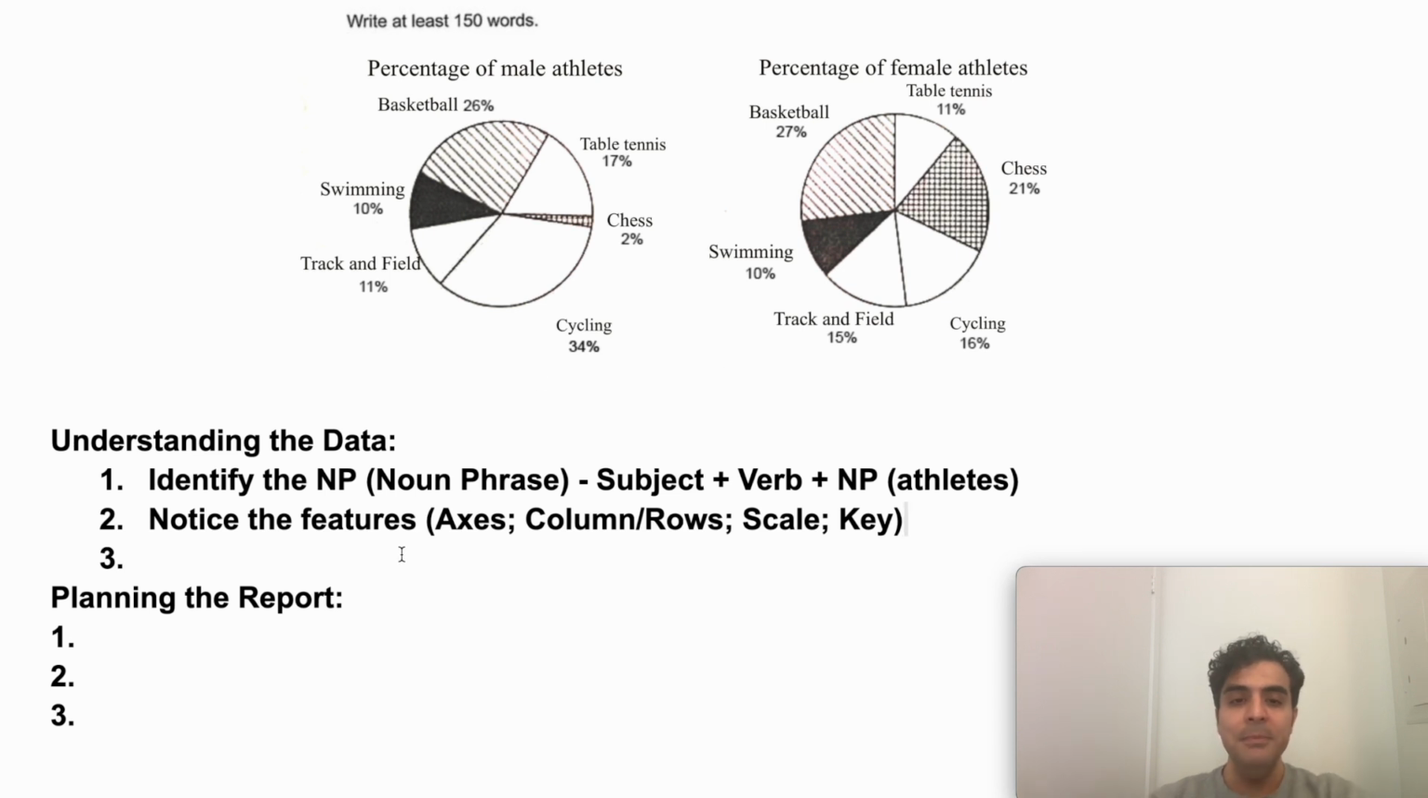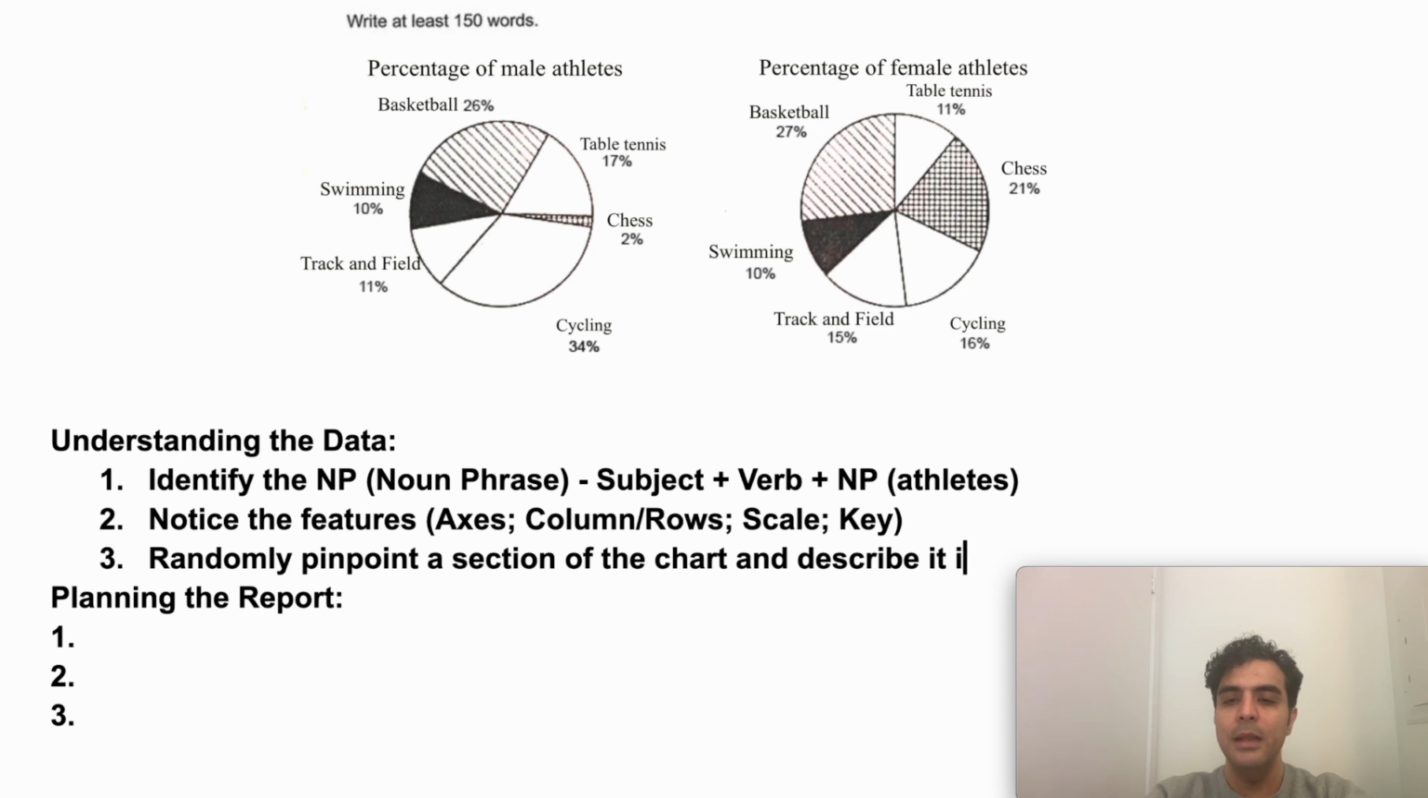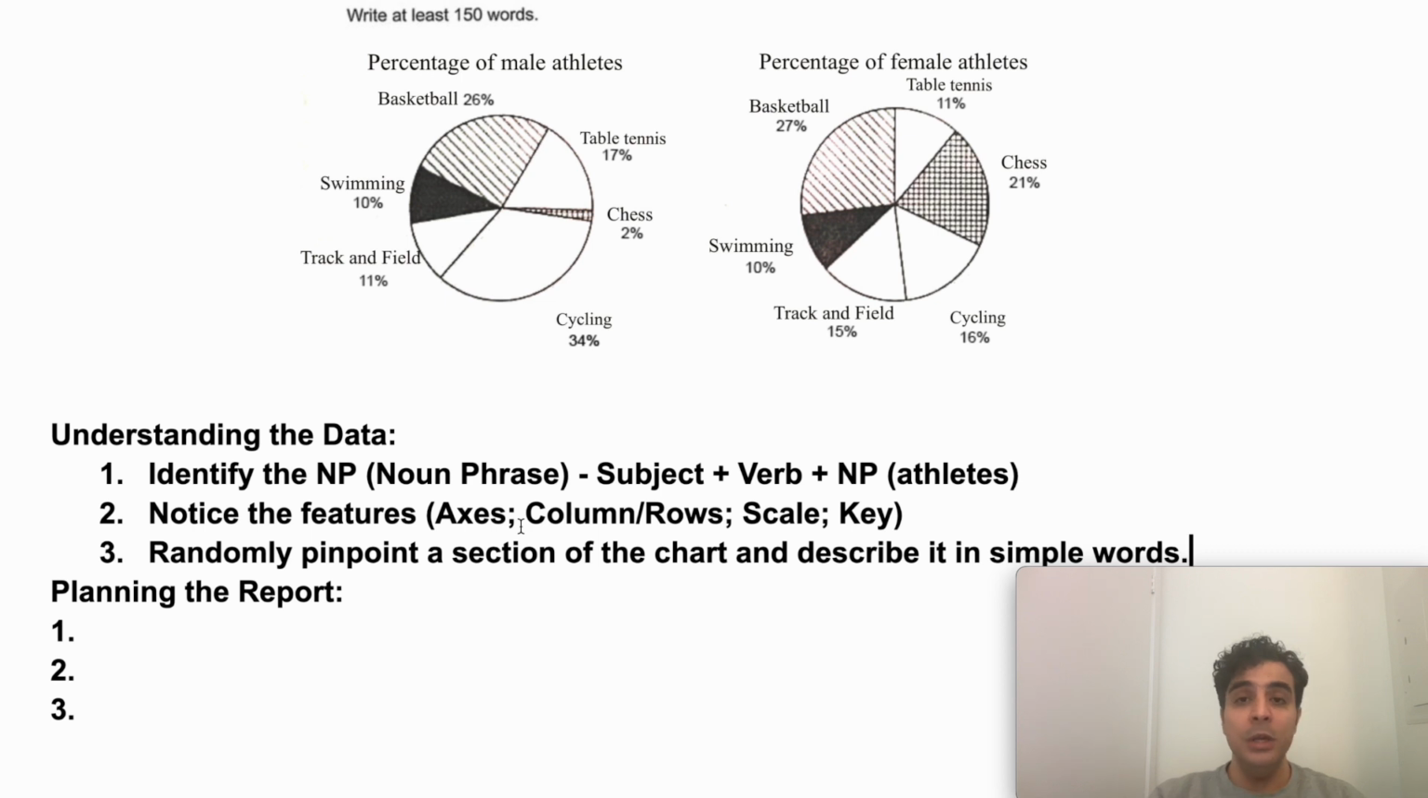Now, step 3 is a really interesting step because it's like a litmus test. If you can successfully pass step 3, it means that you got this, you know what you're doing. And here's what I want you to do in step 3. I want you to randomly pinpoint a section of the chart and describe it in simple words. This is very important. You can even do it in your own language, because at this point, we're not interested in the